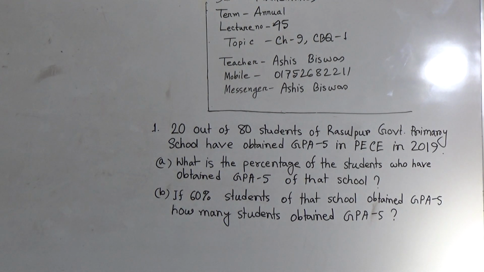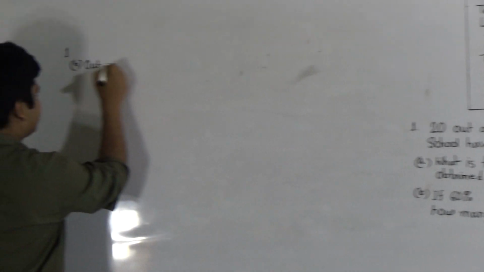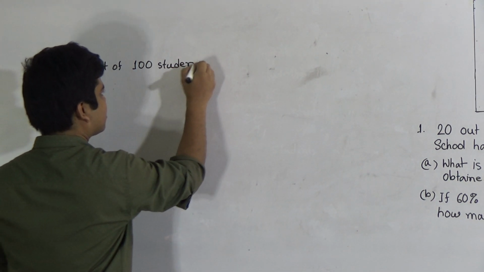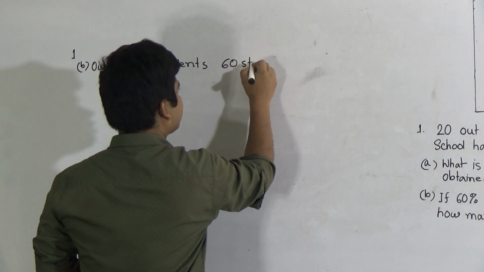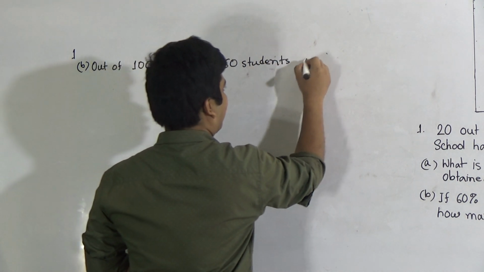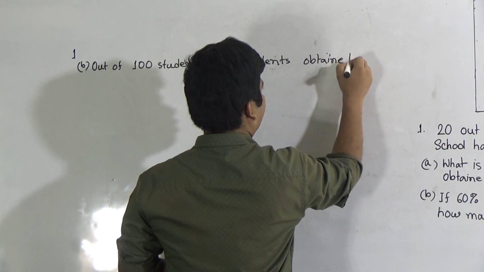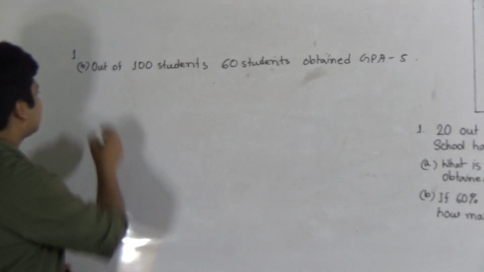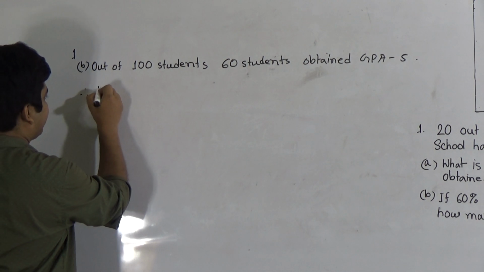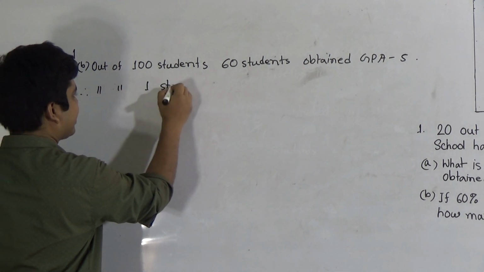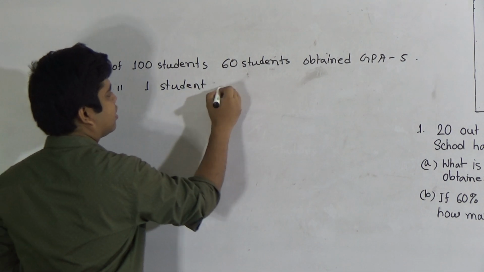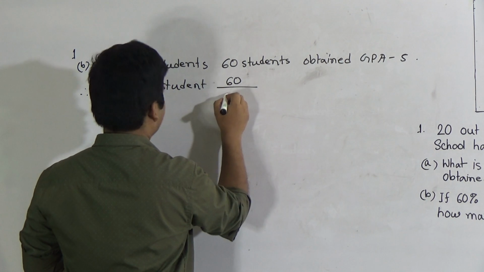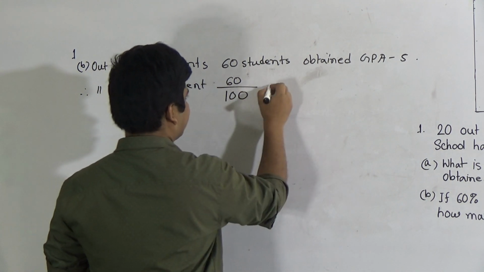So at first I write this. Out of 100 students, 60 students obtained GPA 5, right? Then we use unitary method. Out of one student, as 1 is smaller than 100, for this reason division will happen, that means 60 by 100 student